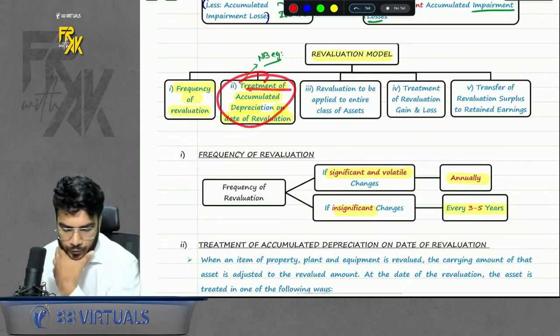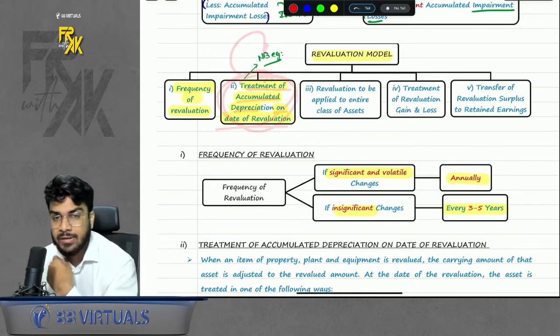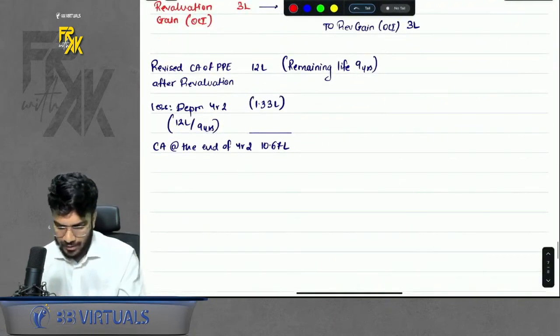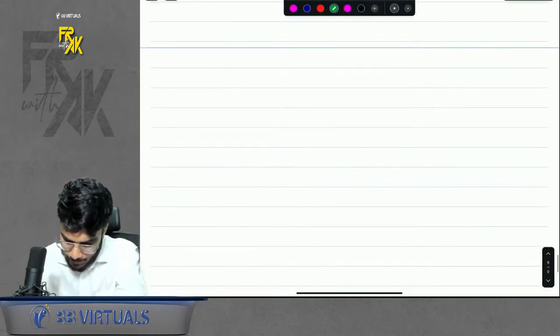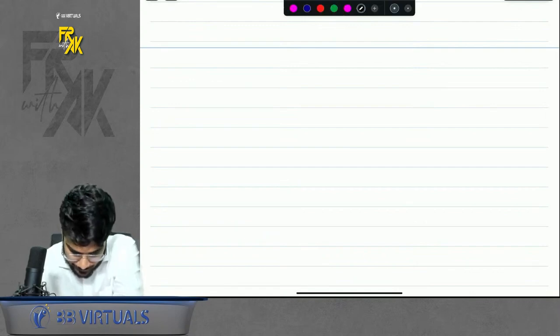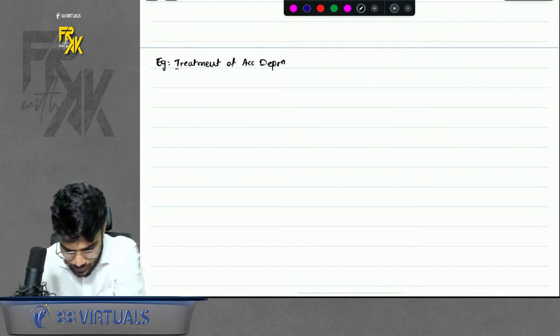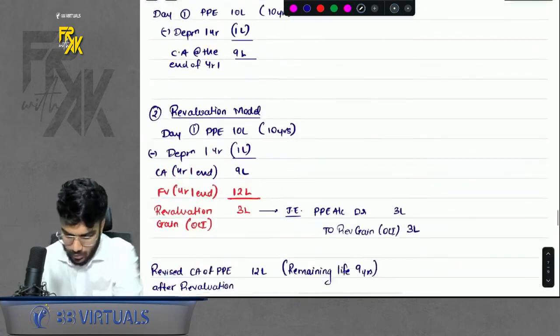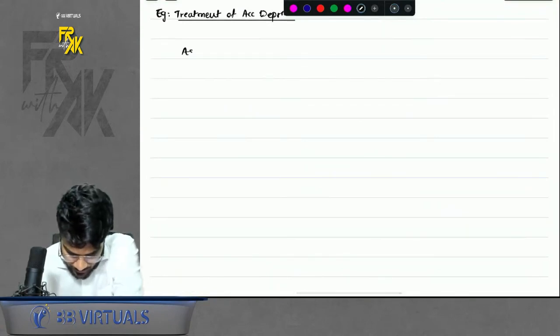Second point, treatment of accumulated depreciation on date of revaluation. What is the meaning of this point, sir? We will try to understand with the help of an example. So let's take one example in a notebook. Example, treatment of accumulated depreciation. Let's say, for instance, we had an asset PPE,